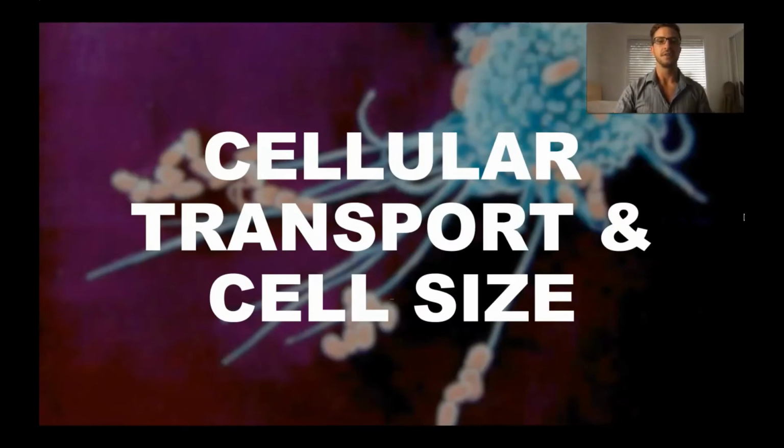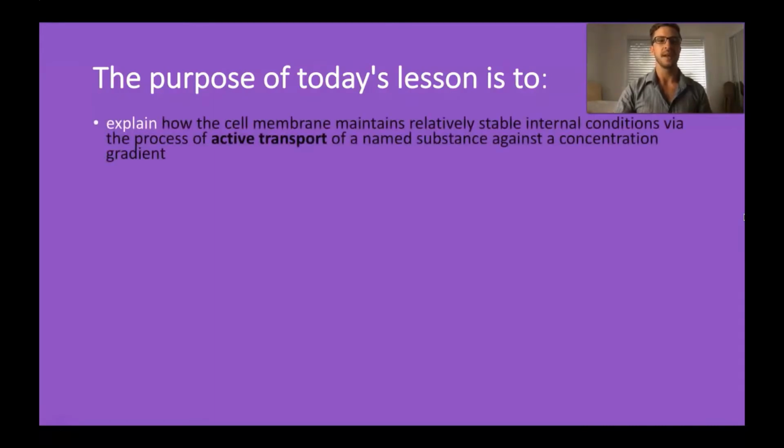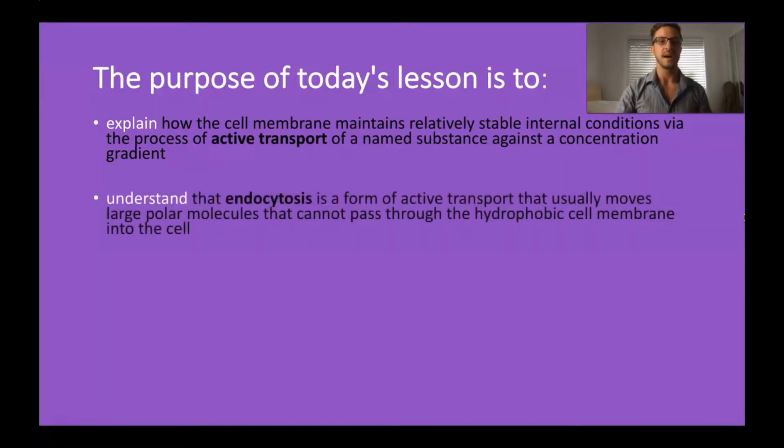And the learning goals for today, there's a few. Firstly, is to explain how the cell membrane maintains relatively stable internal conditions via active transport. And that means going against the concentration gradient. Secondly, to understand that endocytosis is a form of transport that usually moves large molecules that can't just diffuse through